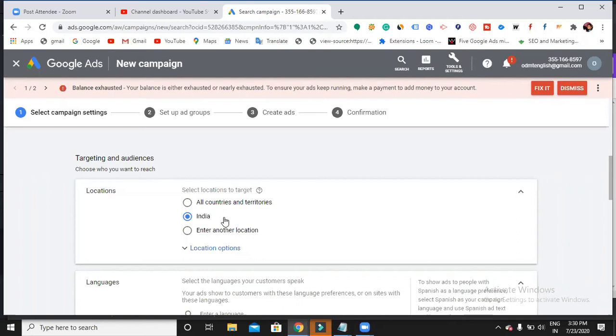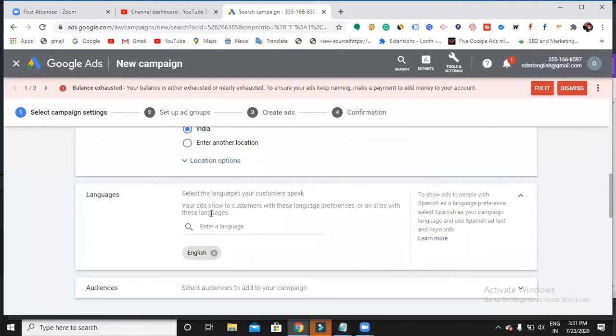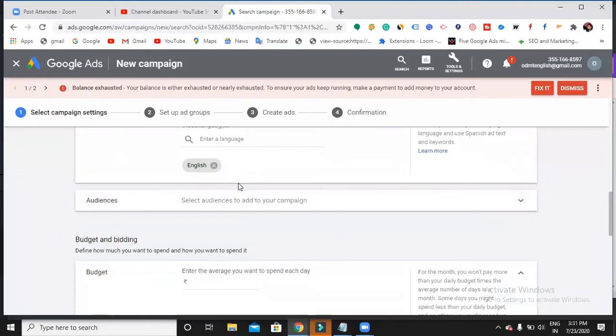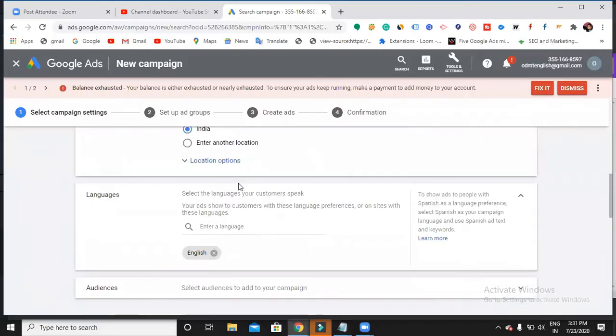So now tell me, I am creating one campaign for Bangalore and one campaign for Hyderabad. Instead of going with two campaigns, can I select multiple locations in one campaign? Yes, we can, unless your ads are different or your keywords are different. Okay, multiple locations. Can we have two mobile numbers, one for Bangalore and one for Hyderabad? No, if you want to give two different contact numbers, you have to create two campaigns.